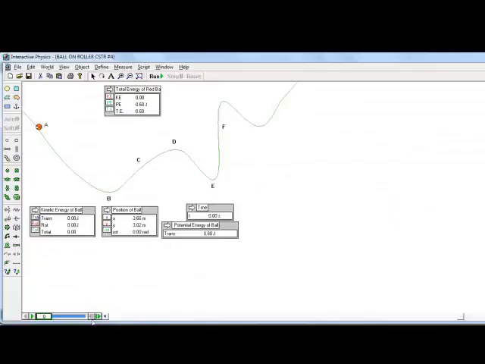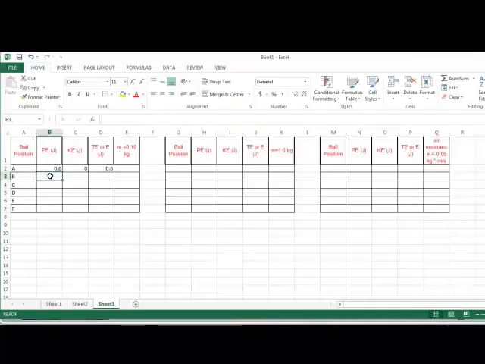Now, if we let it traverse to point B, let's see if I can do it kind of fast. Not too great. Then we can continue on, and now point B, potential energy is 0.05, kinetic energy is 0.55, and you should see again that now the total energy should be the sum of that, which is 0.6. Now we can continue on with that, and I'll actually fill this out, and you guys can watch me, and we're going to then be able to look at the questions and see what's of interest here as we work on these for this first part of the lab.